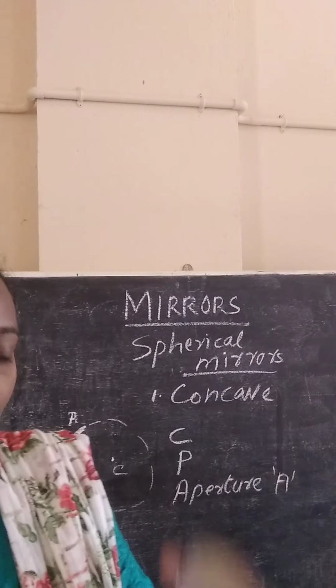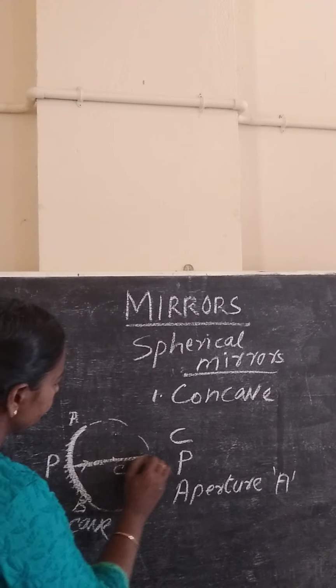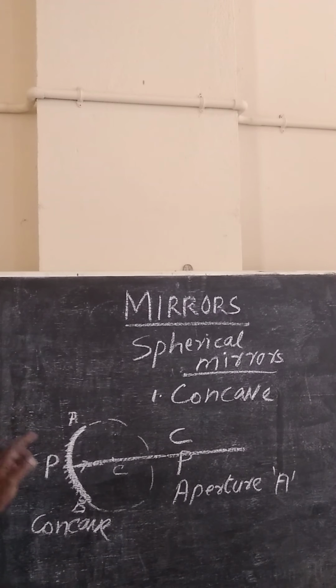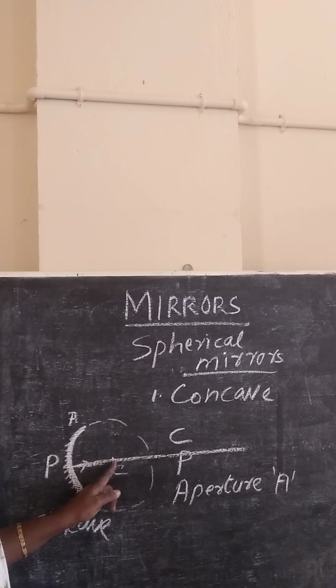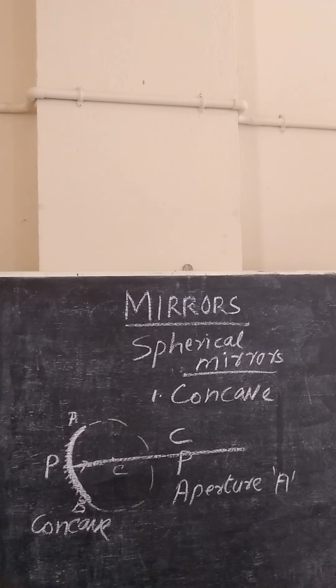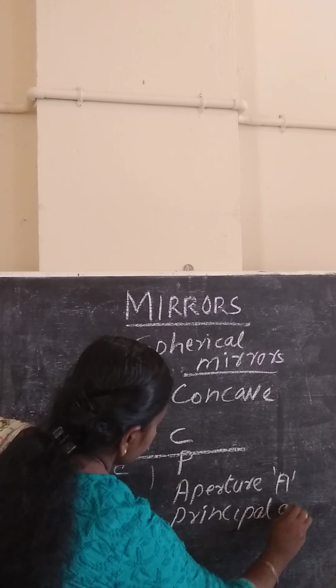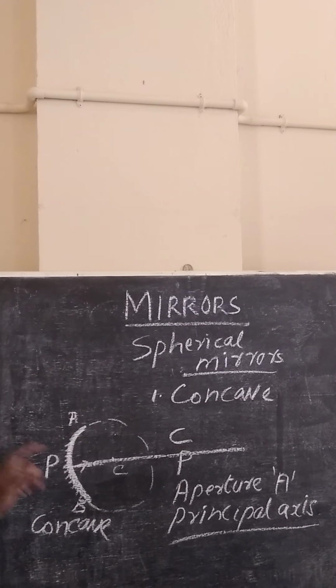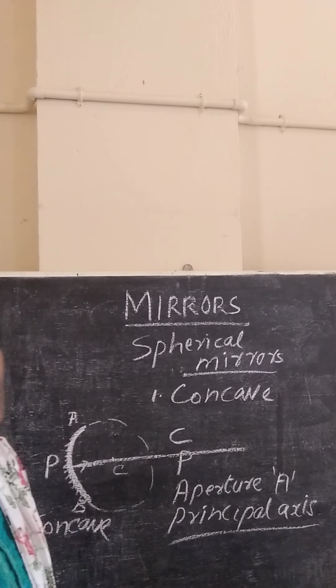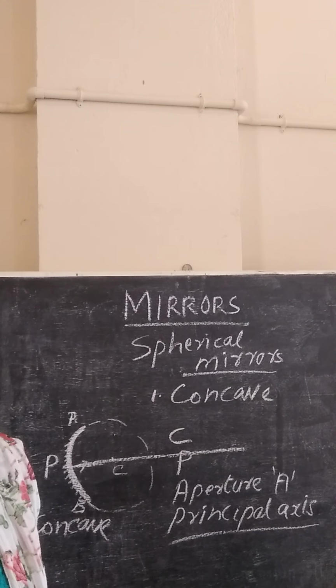Okay. One more thing: if you draw a center line connecting all these things together, a line drawn from the pole of the mirror connecting the point C, this is a center line starting from the pole and connecting the center of curvature. We call this line the principal axis. The principal axis is the line passing exactly through the center of the concave mirror, crossing the pole of the mirror as well as the center of curvature of the mirror.